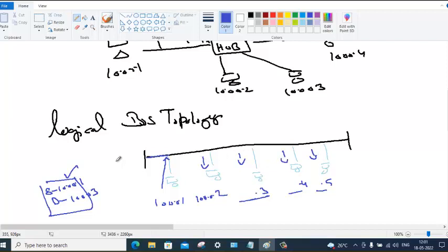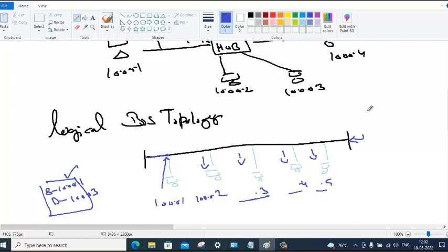What do you understand from this? Hub always broadcasts. Why? Because it has got one broadcast domain. It has got only one path to reach everyone. Only one broadcast domain, only one path.